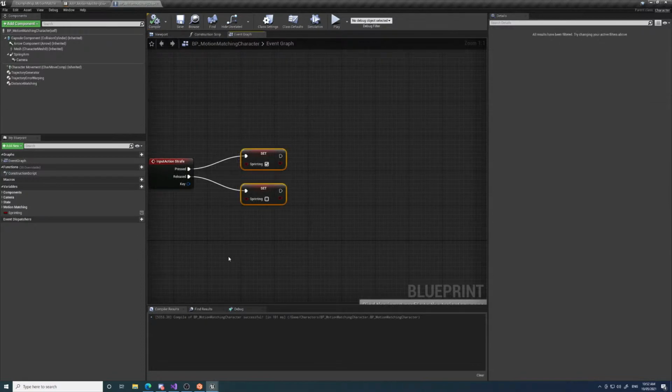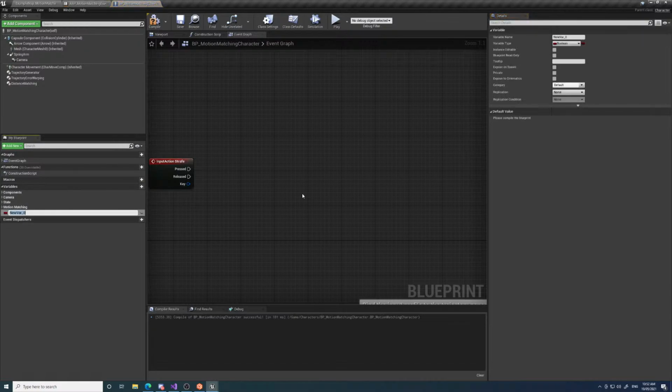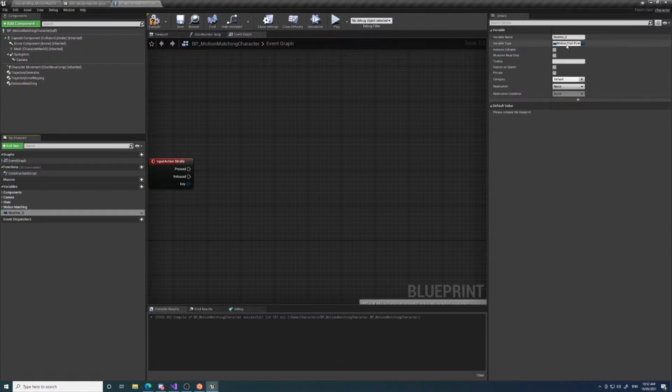Because actually we don't need a boolean for sprint, because we're not using states. We need a trait. So what we do is create something like a query. It's called a motion trait field. So type motion trait field, and it can store multiple traits in one. It's basically a bit field. So we can say required traits,